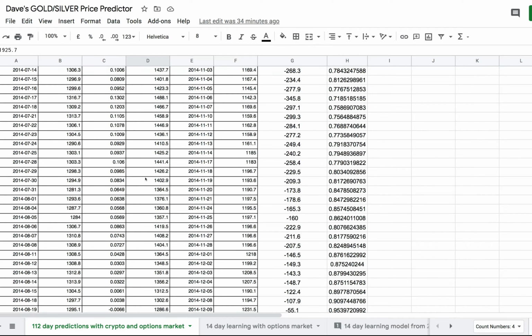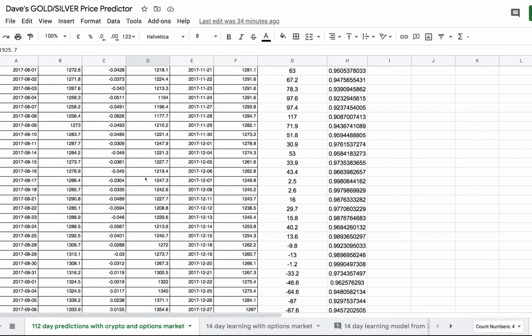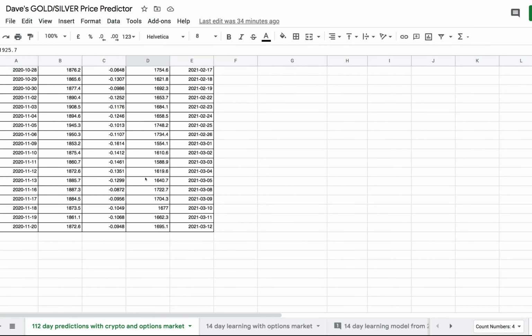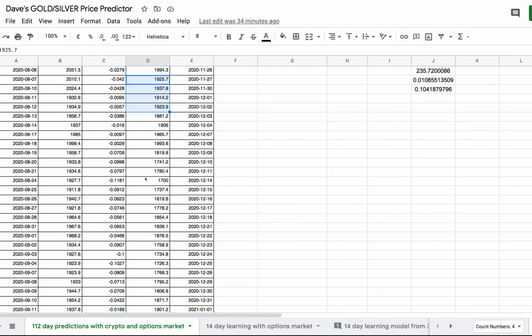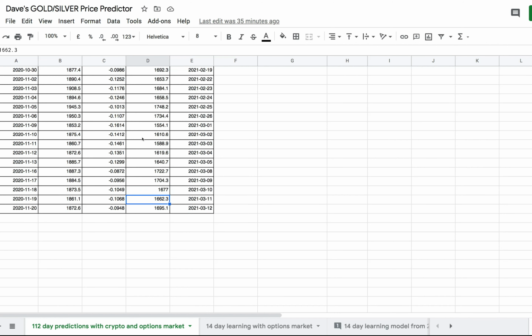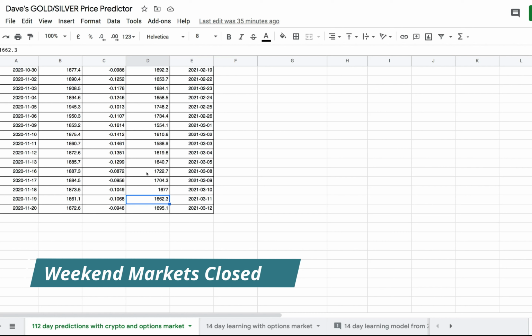The predicted price of gold, there's a lot of information. Scroll up. The predicted price of gold from today, that is the 20th of November, is lower than what the price is of today. It's almost 10% lower. And I think there's a reason for that, why the model is doing this. And I'm going to try and explain it.